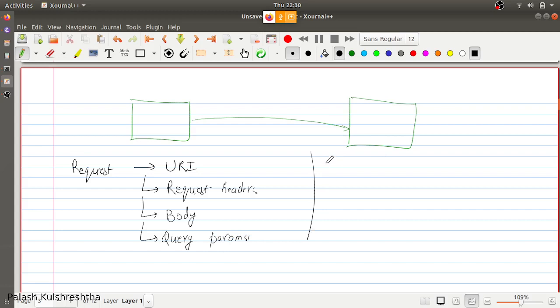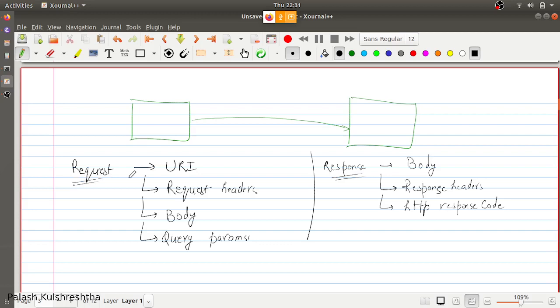And for a response, there is the body, the response headers, and the HTTP response code. So these are the important parts of a request.